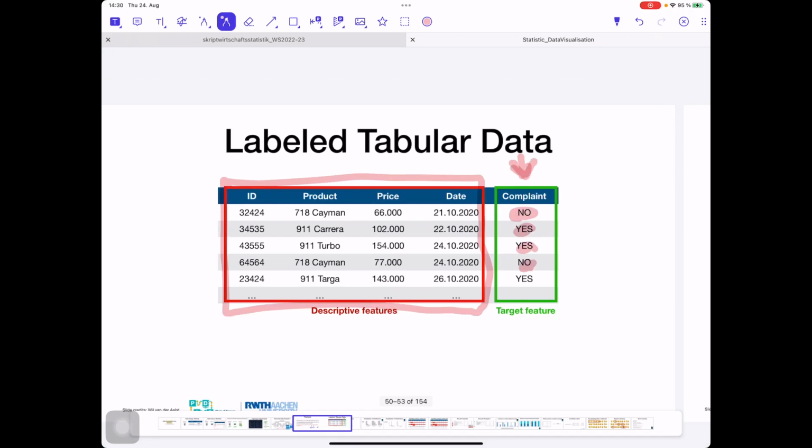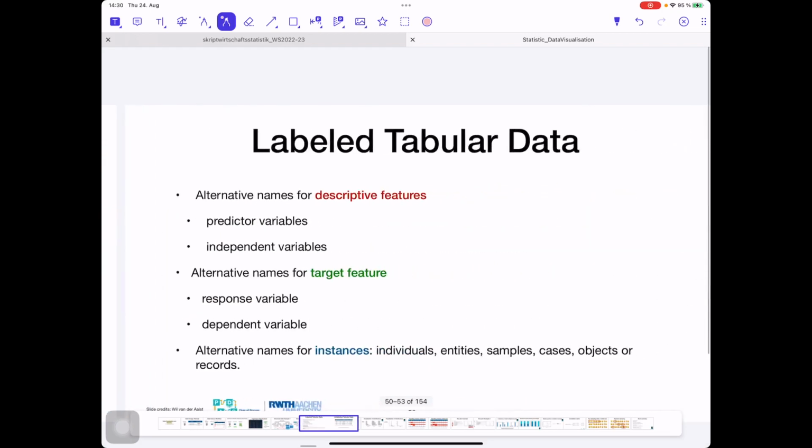So we would like to know with which products people are happy, and which products they are not happy with. This type of feature, if it is given, has a special name: target feature, or labels. If we think about machine learning and data science, very often when you use different sources to read about the algorithm, books, articles, they use different terms.